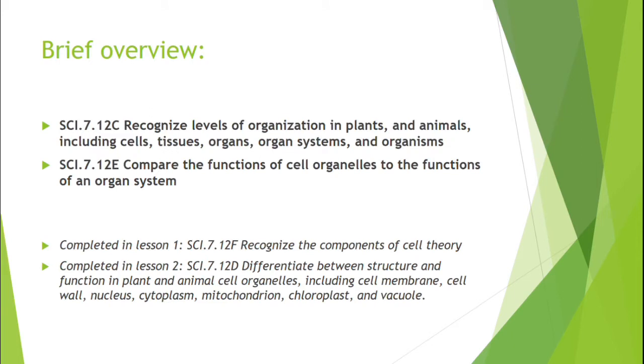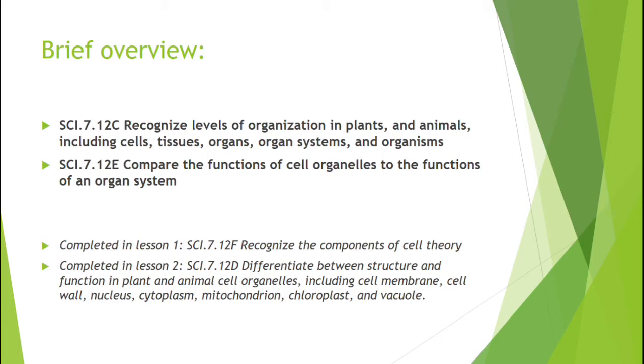7.12c, the TEKS for 7th grade science: recognize the levels of organization in plants and animals, including cells, tissues, organ systems, and organisms. And the second is 7.12e: compare the functions of cell organelles to the functions of an organ system. What we completed in lesson 1 was 12f, recognizing the components of cell theory,